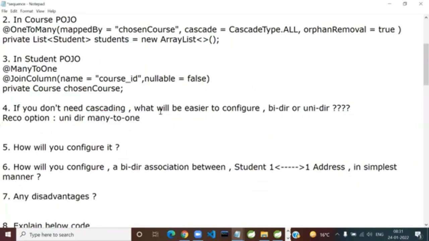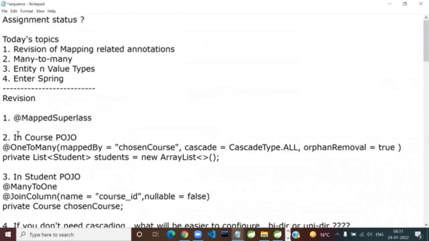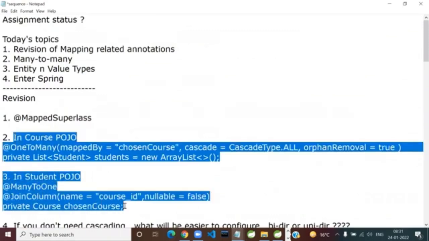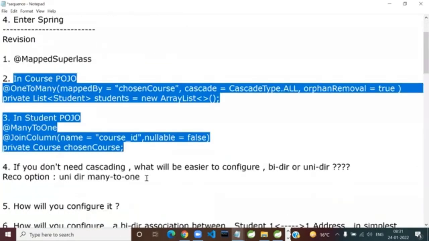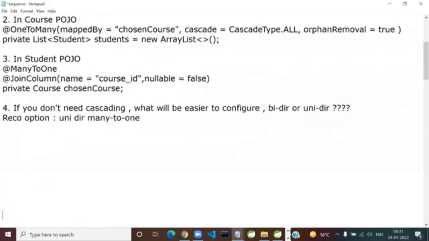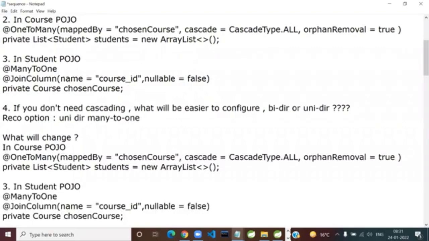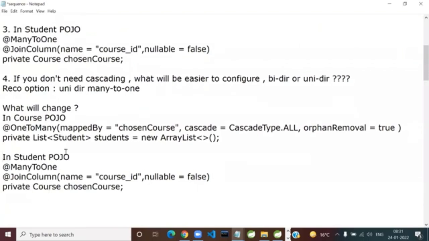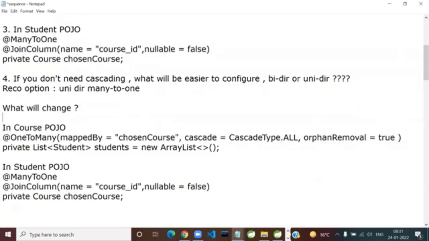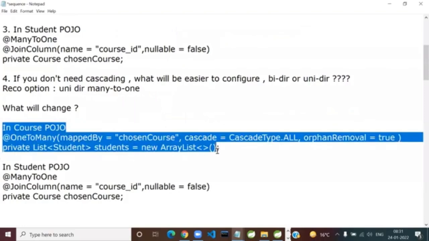So now in that case, let me ask you, guys, participate most. I'm telling you, you'll start enjoying. So here I'm asking you, what will change? Okay. So here I'm getting this as it is from here. So anyone wants to tell me, suppose these are my bidirectional ones. So in the below picture, what will change? So tell me, any change in the course Pojo? Yes or no?